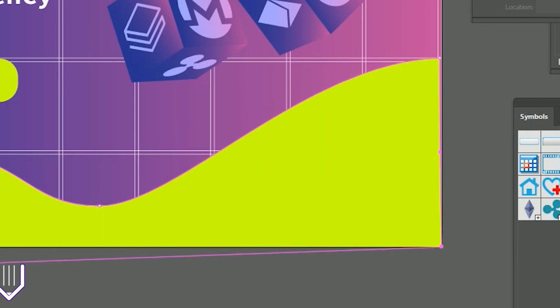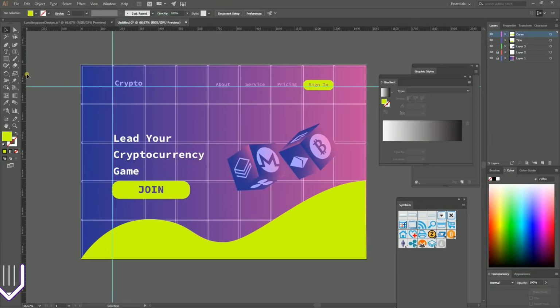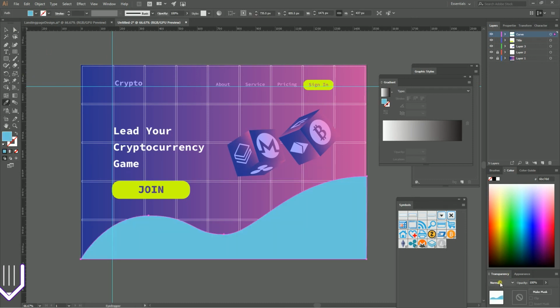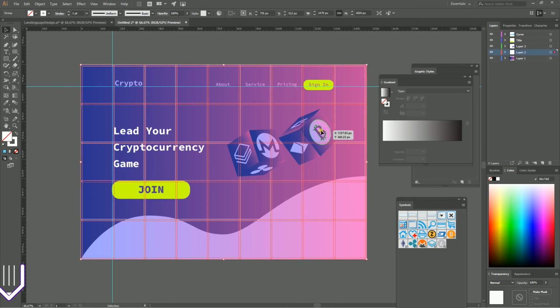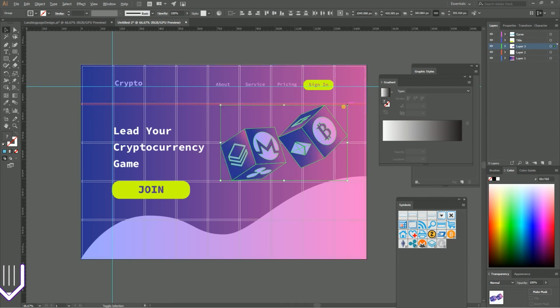Select the curve, give it a color and change the blending mode to luminosity. So with this curve selected, go and sample the color, click I to grab the eyedropper tool and sample the color from the logotype or from the lines, and then go to the luminosity again and bring up the luminosity here. I like the luminosity because it interacts with the gradient very nicely. So last but not least, delete the